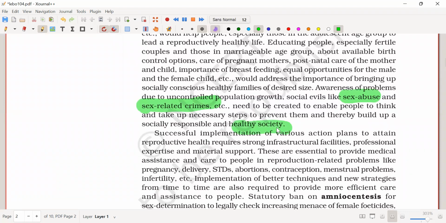A lot of people, when we speak about sex education or something, think that it is something which is not good, which should not be done. But the reality is,